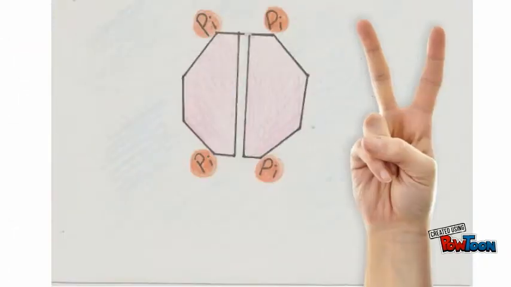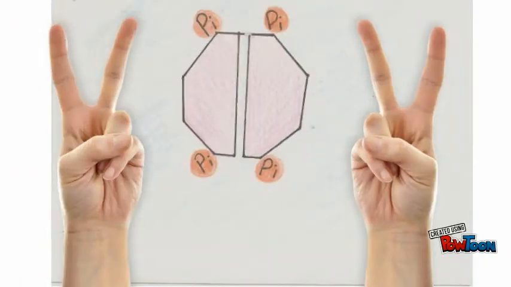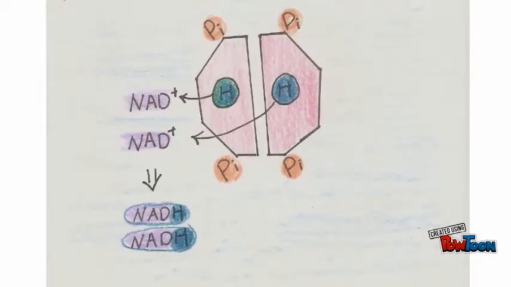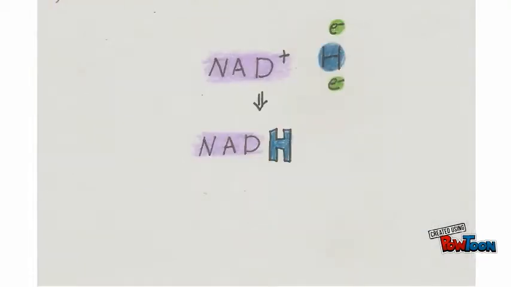The broken glucose attaches 2 more phosphates. Then, 2 energy carriers, NAD+, came out and grabbed hydrogen from the glucose to form NADH. The difference between NAD+ and NADH is NADH has a hydrogen proton and 2 of its electrons where the energy